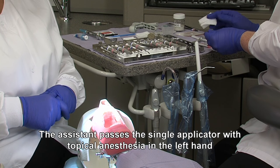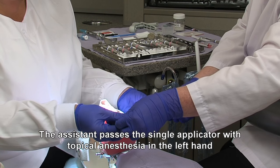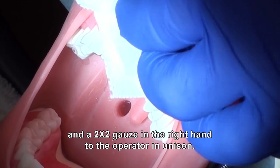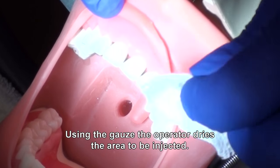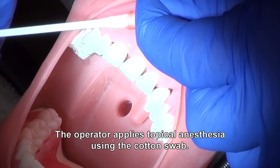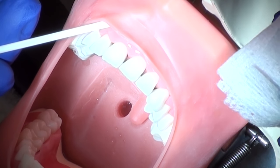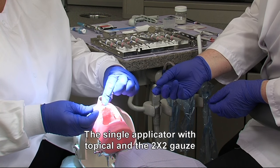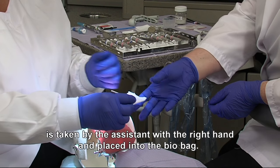The assistant passes the single applicator with topical anesthesia in the left hand and a 2x2 gauze in the right hand to the operator in unison. Using the gauze, the operator dries the area to be injected. The operator applies topical anesthesia using the cotton swab. The single applicator with topical and the 2x2 gauze is taken by the assistant with the right hand and placed